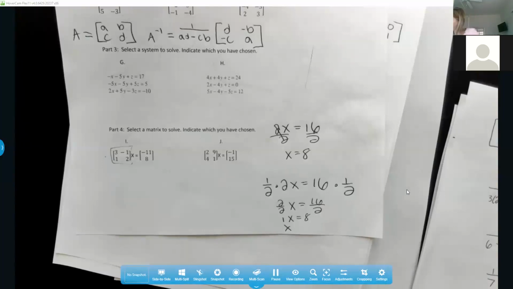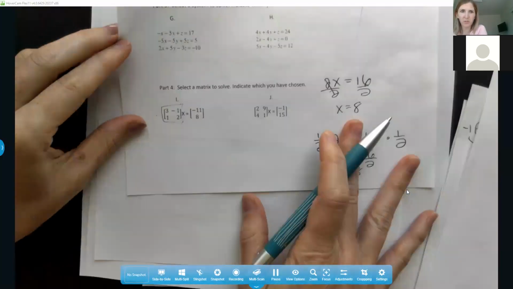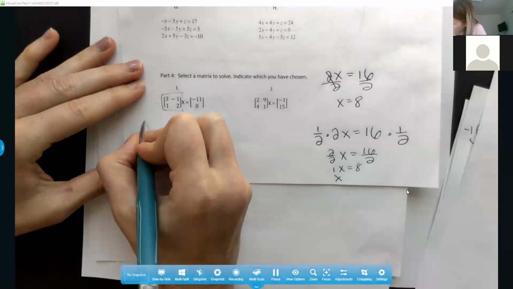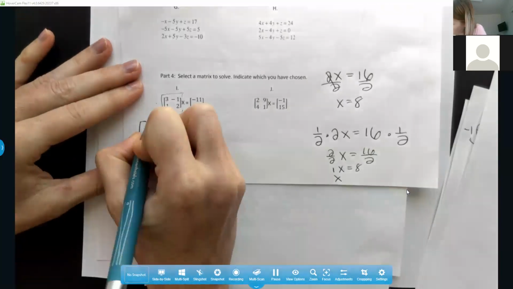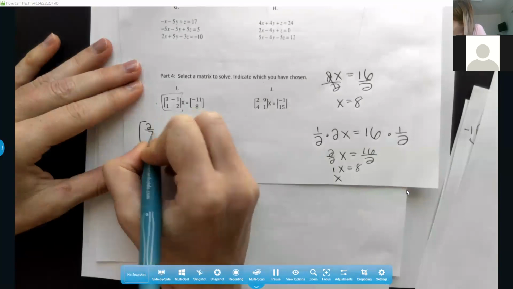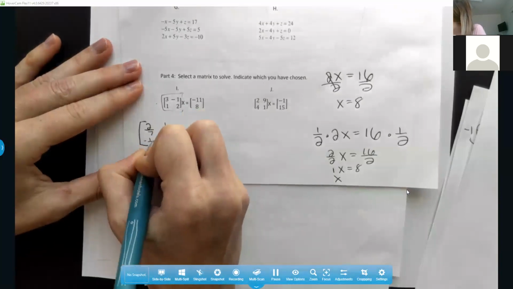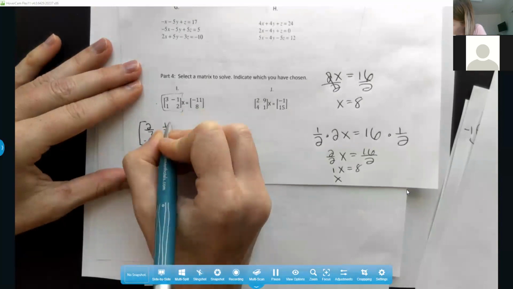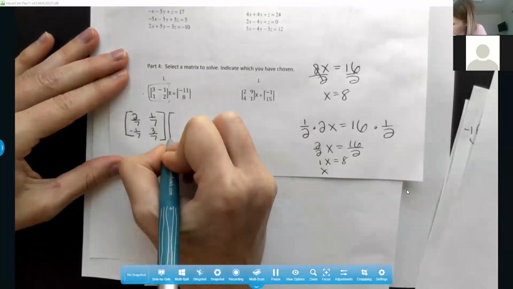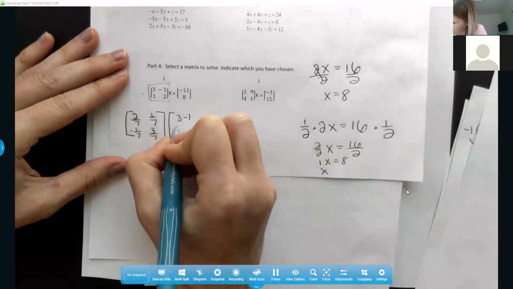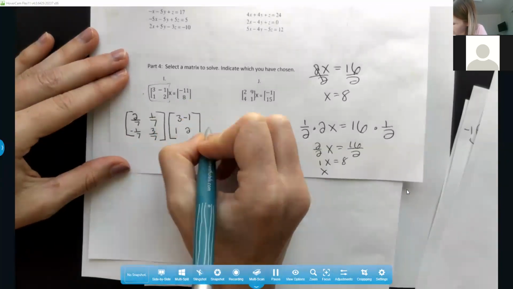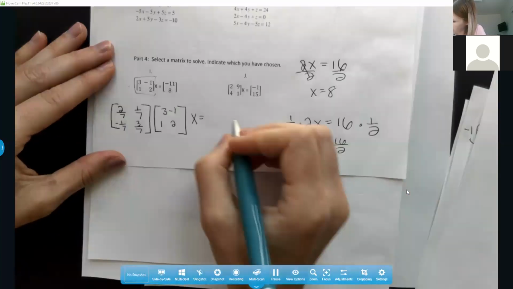All right, what did you get? I got 2 over 7, 1 over 7, negative 1 over 7, and 3 over 7. Perfect. Okay. So that's what I got too. So what we're gonna do is multiply that inverse. So we're gonna do 2/7, 1/7, -1/7, and 3/7. Is equal to